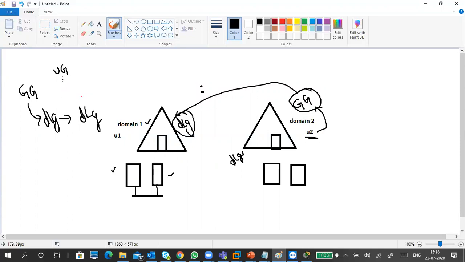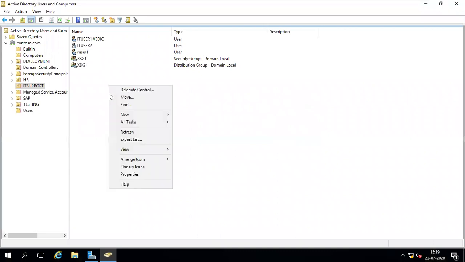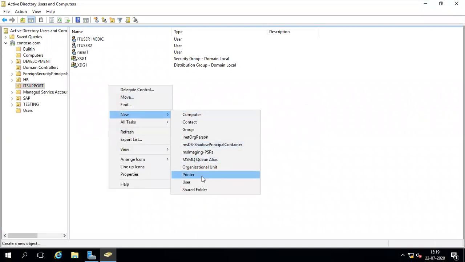Universal group can be a member of domain local group. But domain local group cannot be a member of global group. So that's it. If you want to test it, you can create multiple groups in a different manner.